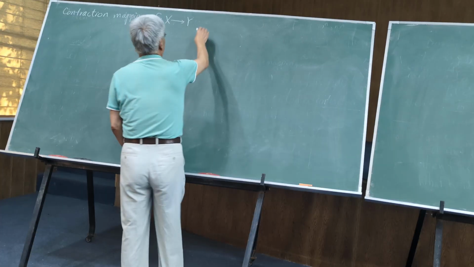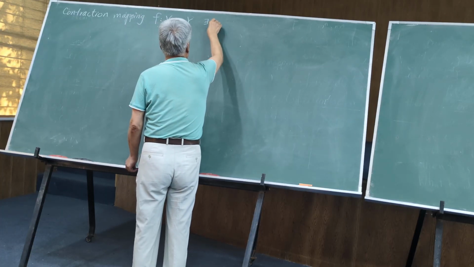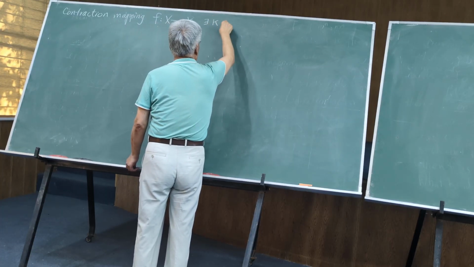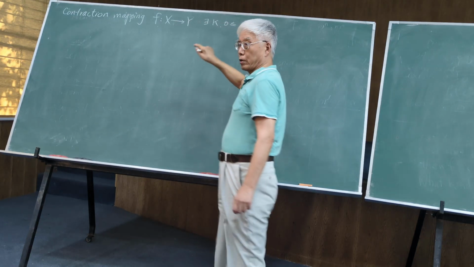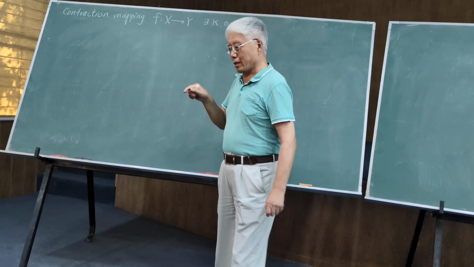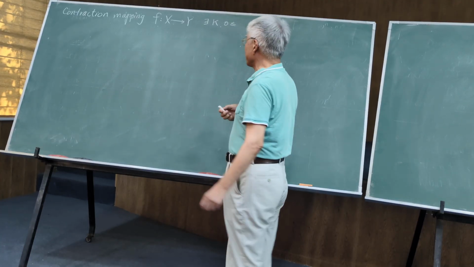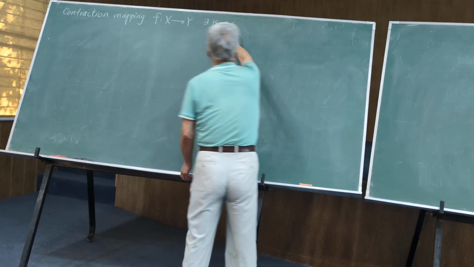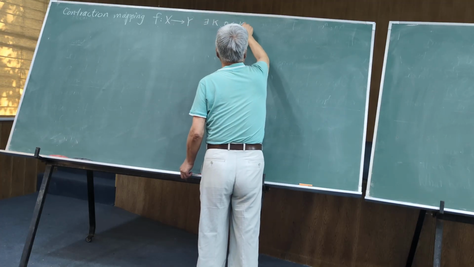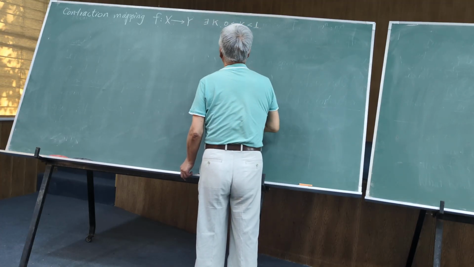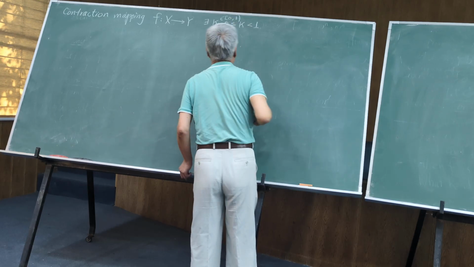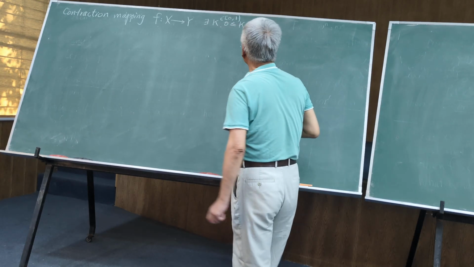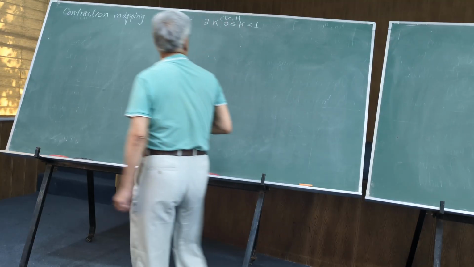Now the contraction mapping means that there exists a constant k such that k is not smaller than, I usually write it as not smaller, some people usually teach this as less or equal, which is not quite understandable, it doesn't become smaller than 0, and it is strictly smaller than 1. Or you could say that there exists k in the interval (0, 1) with round brackets, such that for every x, y,